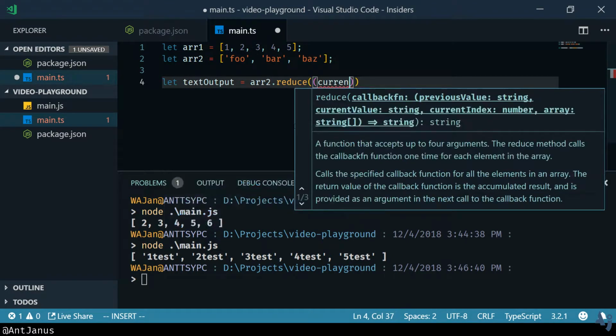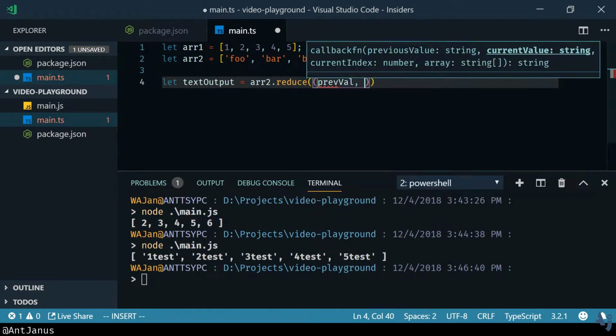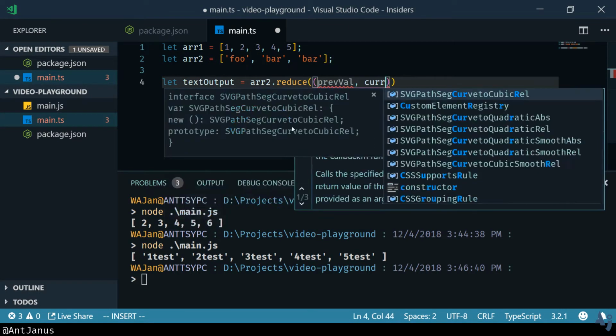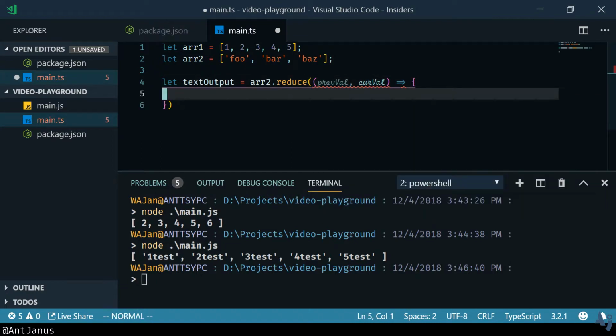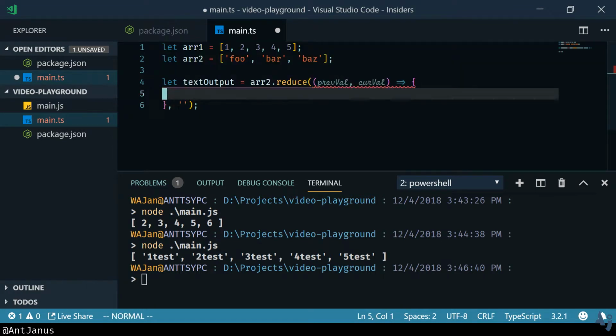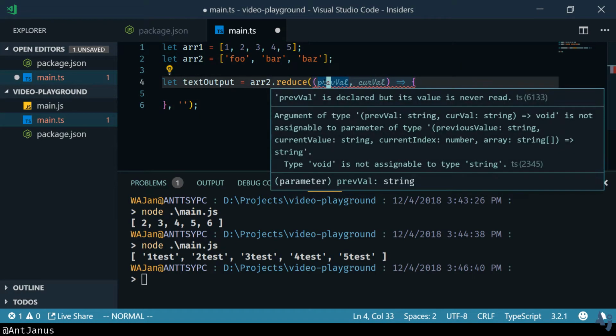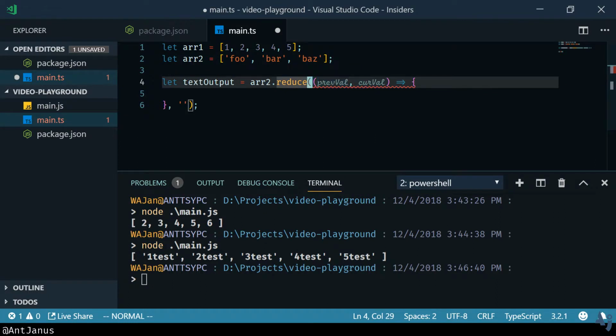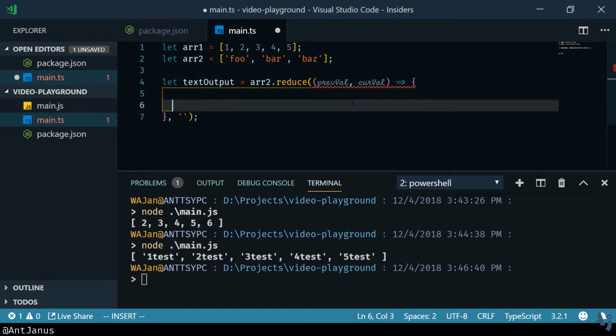So, previous val, and then we have a current value, which is the value that we're iterating through. The first time this function gets run, the previous value is going to be empty, and we can specify what the default should be. So if we say that it's an empty string, the previous value will be an empty string and the current value will be foo. The second time it runs, the previous value will be whatever we returned in the first run, and the current value will be bar, and then baz, and so on. So what we actually want to do is